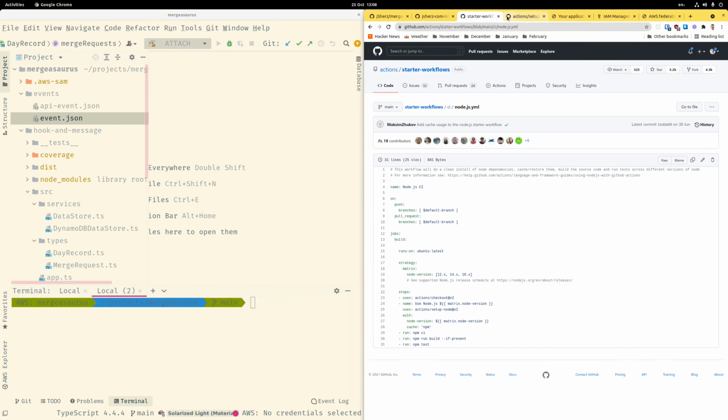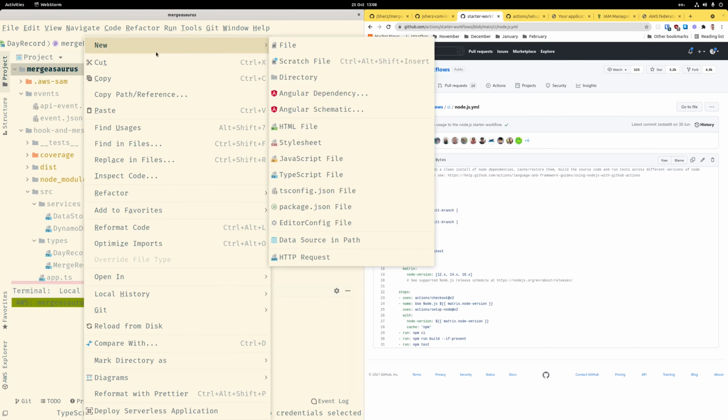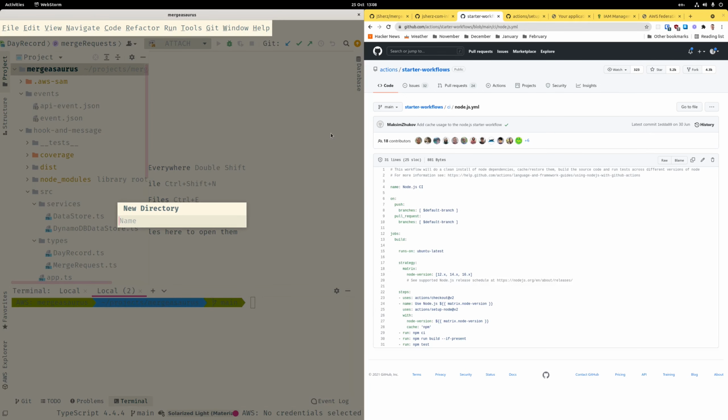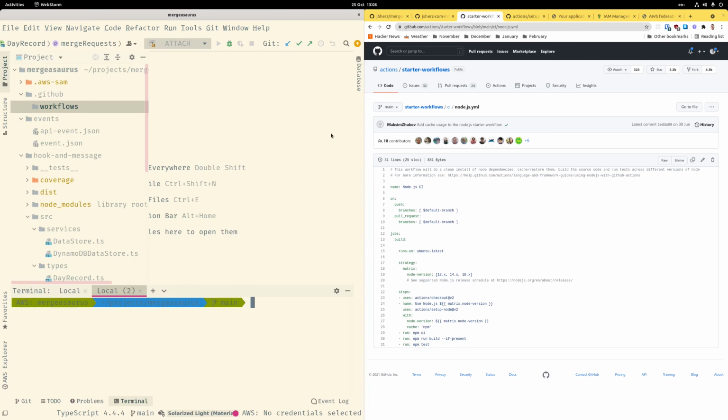So when I'm starting something like a new CI workflow for a project, I want to get an idea of what it should look like. I'll never really write that from scratch. I'll always write it from some examples. And so you can see here that they've got a starter workflow for Node.js, and so they've got a job called build. It's running on Ubuntu, and it runs with various node versions. I mean, we're not going to build our Lambda function against multiple node versions, but it shows you how to do that. And then it checks out the code first, installs Node.js,